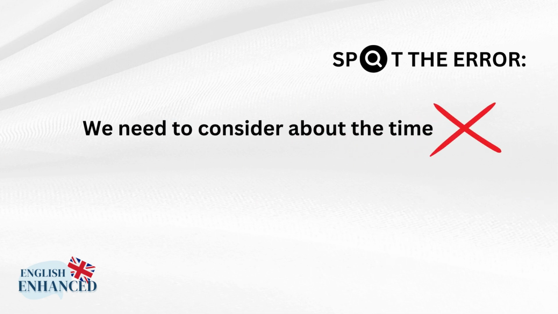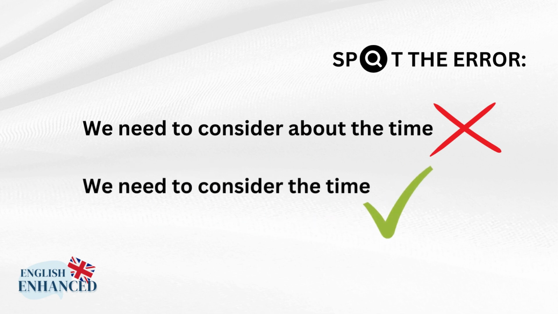So number 14, we need to consider about the time. Do you know what's wrong here? So the correct answer would be we need to consider the time. And so the reason why we change this is because we don't need to include any unnecessary prepositions. The verb consider is followed directly by the noun or noun phrase that serves as its object. So when we include the word about in the original sentence, it just makes the whole phrase grammatically incorrect in